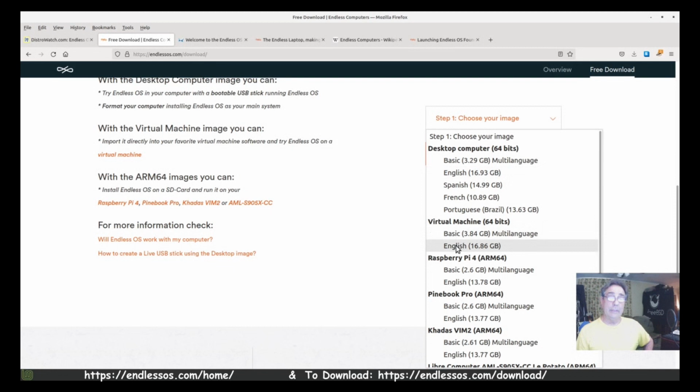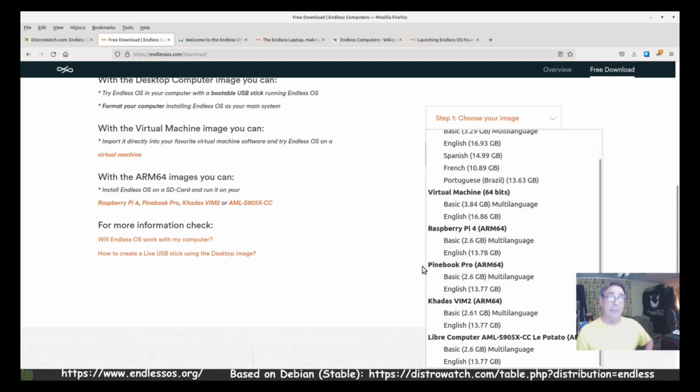And it comes with a VirtualBox ISO, which again, I'm not sure is close to the same size. I just downloaded this one. And it's available for Raspberry Pis, Pinebook Pro, and a couple others here, Libre computers. Let me go back here.